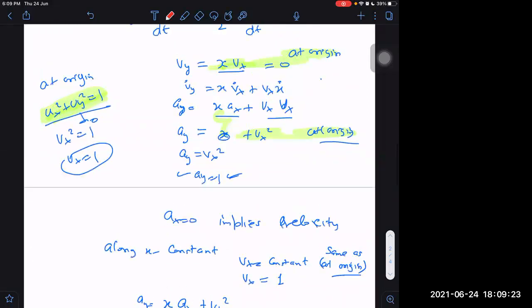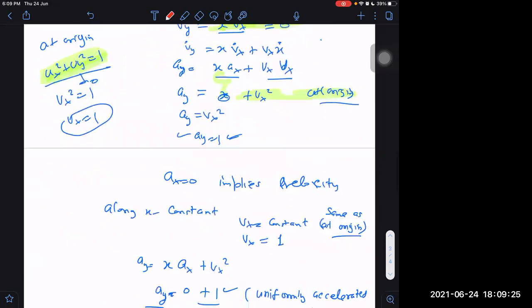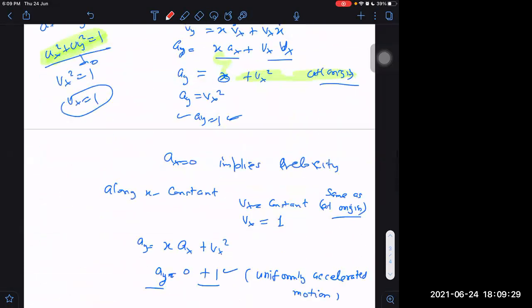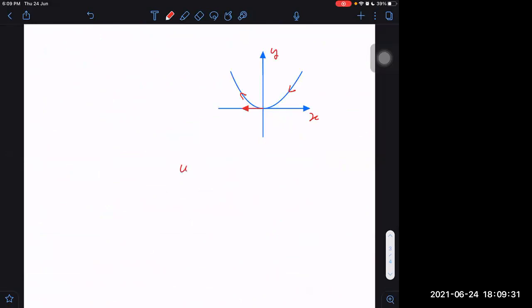How to find that angle? I think I have to find the velocity, which I can find easily now. How? I know the initial velocity. 1 meter per second. Initial velocity is not only one velocity I'm asking. I'm not saying speed. Initial velocity is 1 into i cap, right? And acceleration is 1 into j cap. That is constant always. So for t equal to 1 second, what will happen?